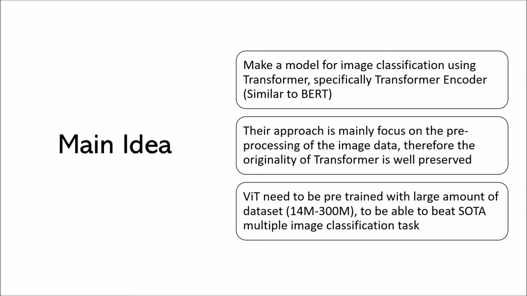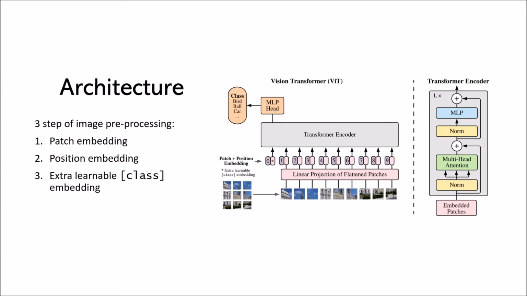And then because this is an encoder transformer, the network that they use is similar to BERT. And also inside the paper, they were inspired to make a breakthrough using a BERT approach. Here is the architecture of the Vision Transformer. So in the big picture, we have an image, and we do pre-processing on this image so that the transformer can receive it and do the attention calculation, etc. And then we use the output of the transformer to do a classification.